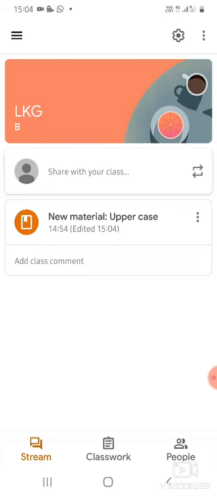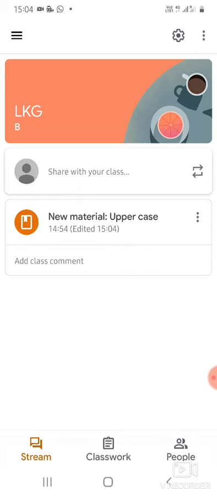Like for example, if one thing is over and you want to attach something different in the same section, you can remove that and add another thing, so that you can update your work in the same way, and this will be written here as edited. The first time, it was not written as edited, it was just a new material created. But as and when you edit the material, the information comes here on what time or what date it is edited, and that you have removed some work.